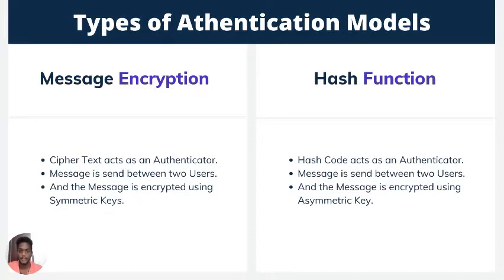So what is meant by symmetric key and asymmetric key? A symmetric key is when, in a network, user A sends a message to user B, they encrypt using the same key K. But in asymmetric keys, there will be two keys, a public key and a private key, where the public key is available to all the users in the network, but the private key is available to only one user.